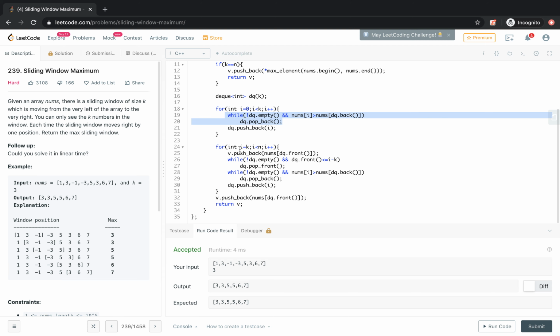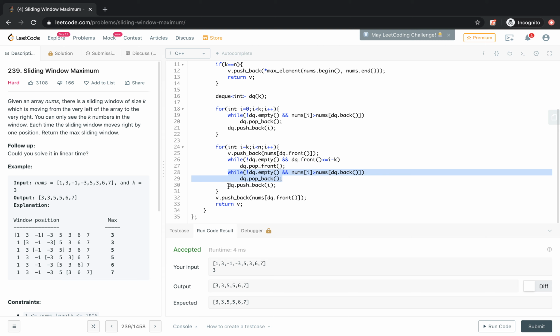So we are doing it this way, and after that we run a loop from k to the end of the elements, and whatever the front is, it is part of the result, so we are pushing it in the vector. And again we have to remove the element from the front of the queue if it is out of the window size. So if the DQ front index is out of the window size, then we will just pop it, and again we have to remove the back elements of the queue if they are smaller than the current element.